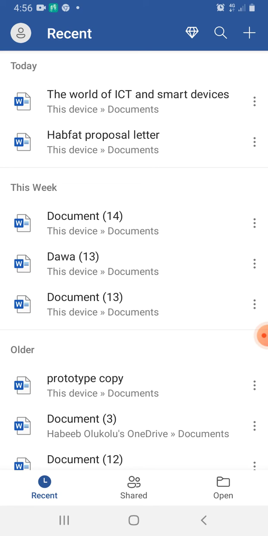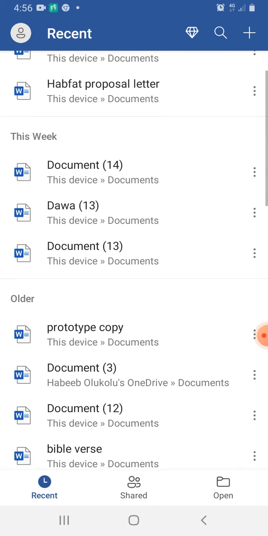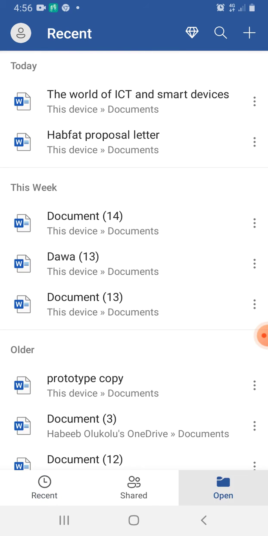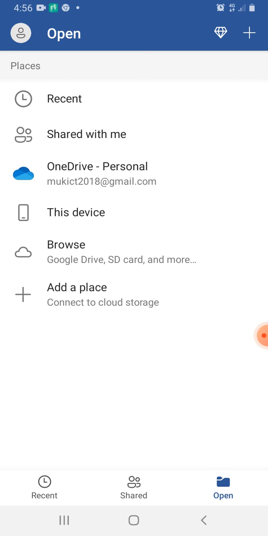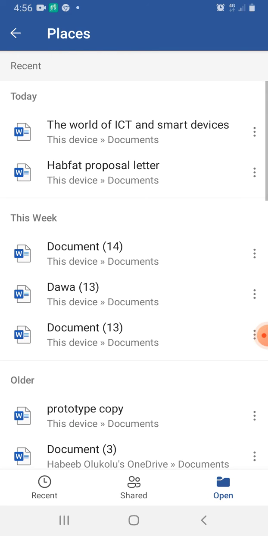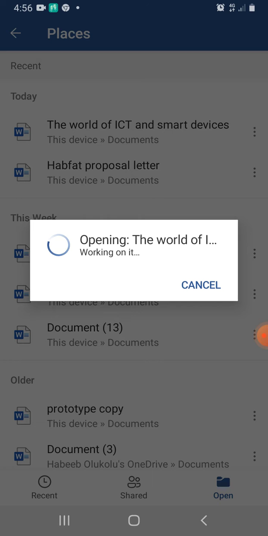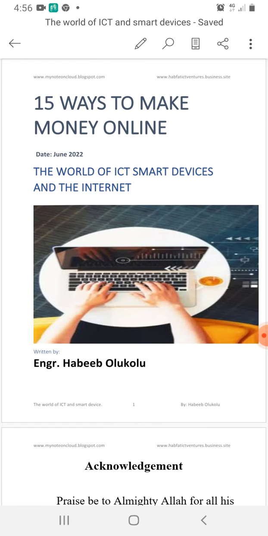I'm here to teach you how to convert your Word document into PDF file. This is how to go about it. You go to your Microsoft Word, you open your document. When you open your document,